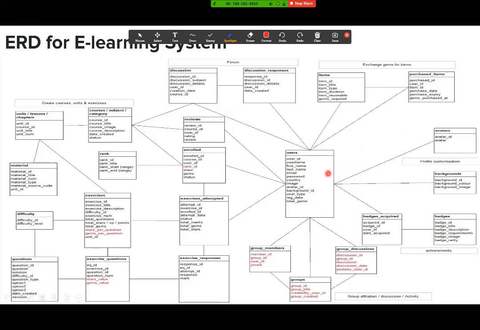Okay, let's take a look at this one here. Let's look at users and review. Let's take this relation between user and review. Ignore everything else and focus only on a user and a review. Now, a user makes the review, correct?